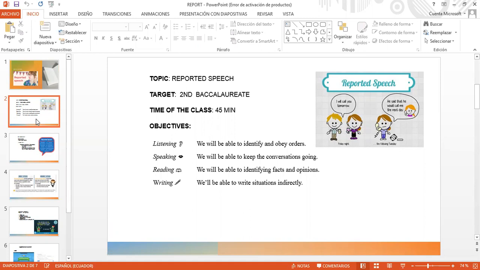They are going to be able to identify and obey orders, and we will be able to keep the conversation going. We will be able to identify facts and opinions, and also we will be able to write situations indirectly. I say indirectly because this topic is about